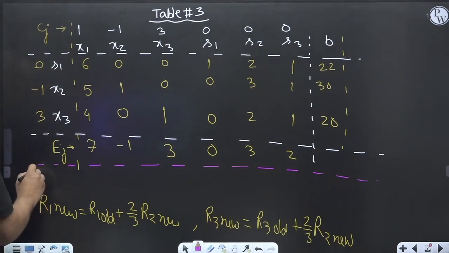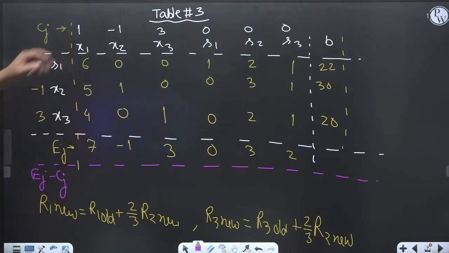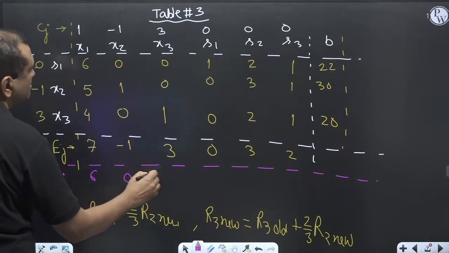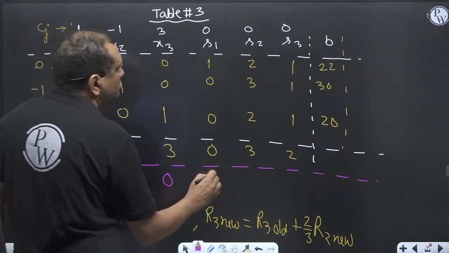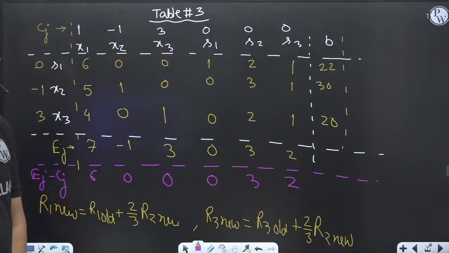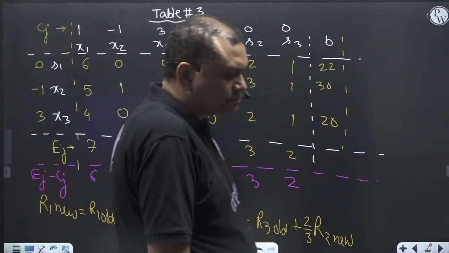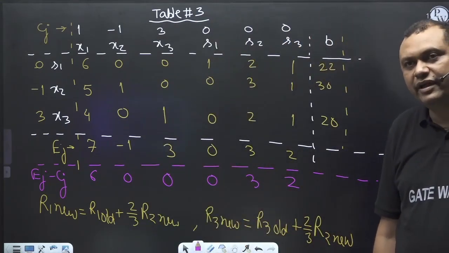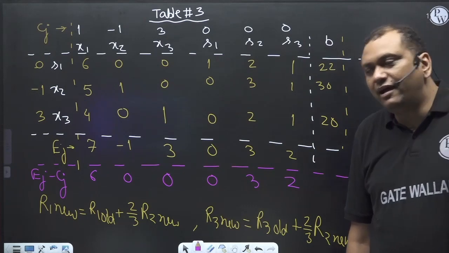Okay, and Ej minus Ej, 7 minus 1 is 6, 0, 0, 0, 3, 2. Okay, now here